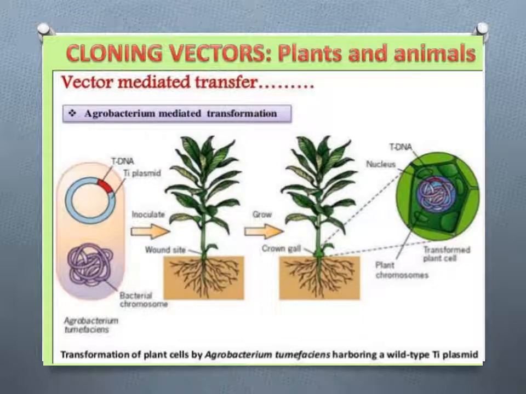Now, as I said, the cloning vectors for plants and animals are different from those of the bacteria and bacteriophages. The tumor-inducing plasmid Ti of the bacterium Agrobacterium tumefaciens has been made non-virulent by deleting the part which is responsible for its virulence. The modified plasmid does not contain the tumor-inducing gene or the T-DNA. It is, however, employed as recognition or cloning site. A foreign gene is inserted in the T-DNA region of the plasmid